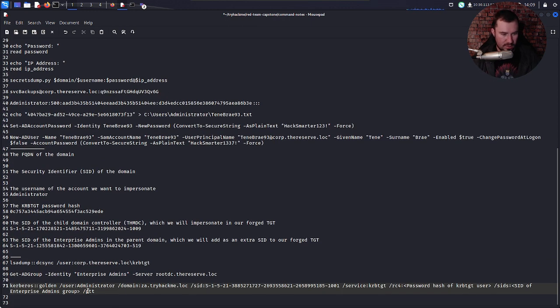So we have kerberos golden user administrator. Domain would be .loc, and that would be the SID here, I think.